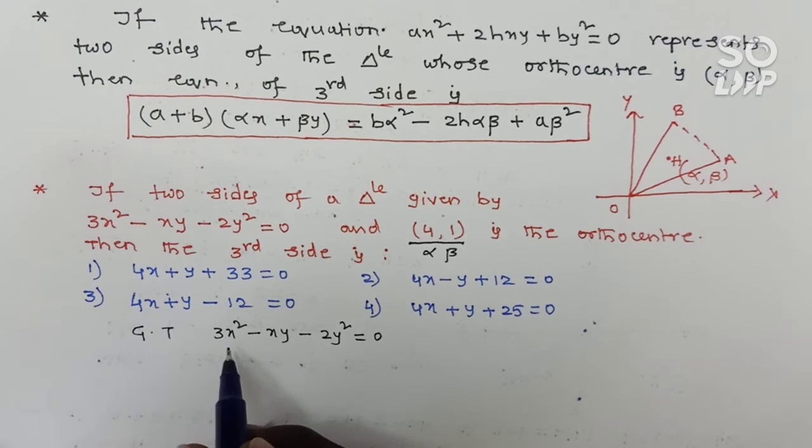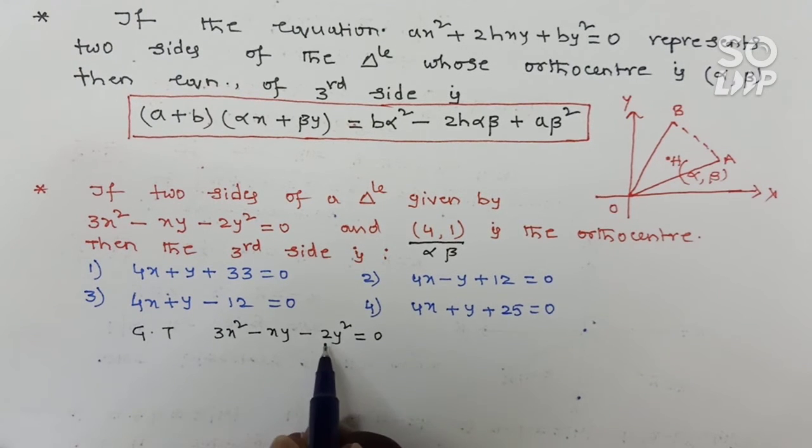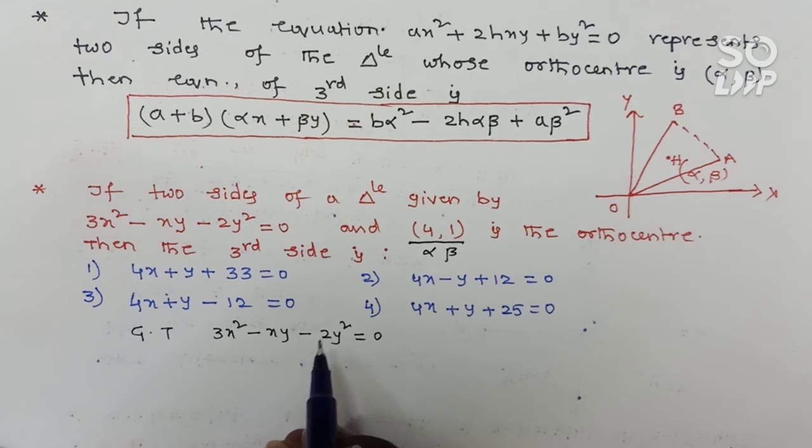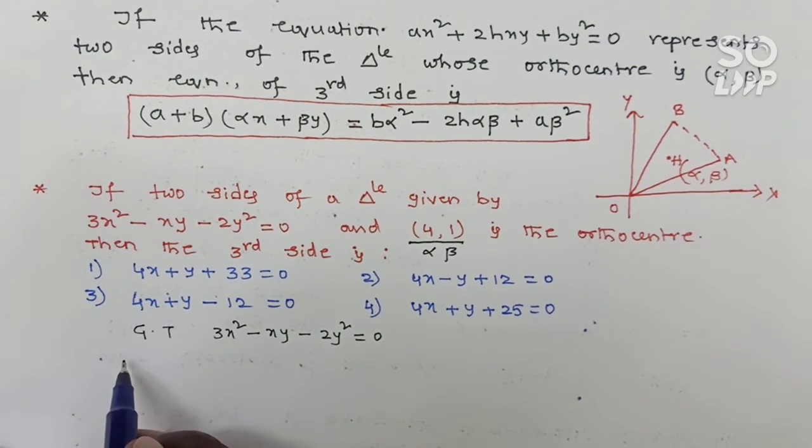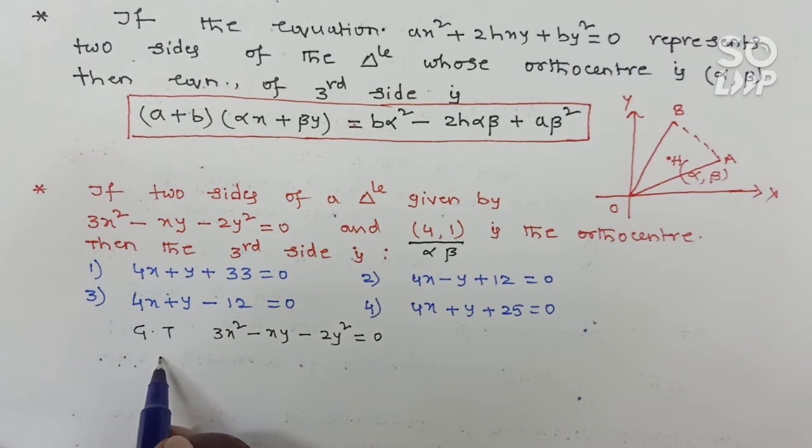Here a is equal to 3 and b is equal to minus 2. What is the formula to find the third side? Therefore, the equation of the third side